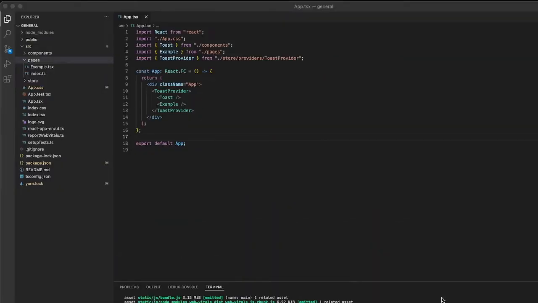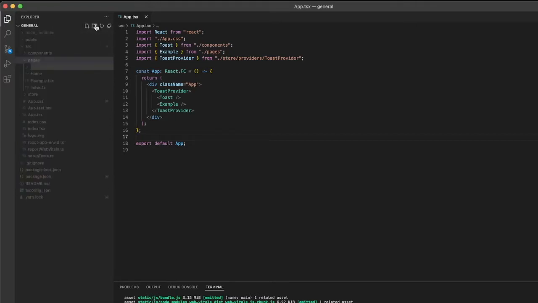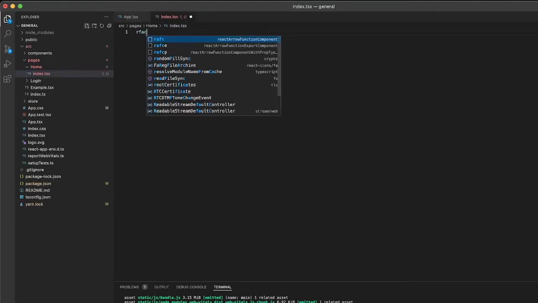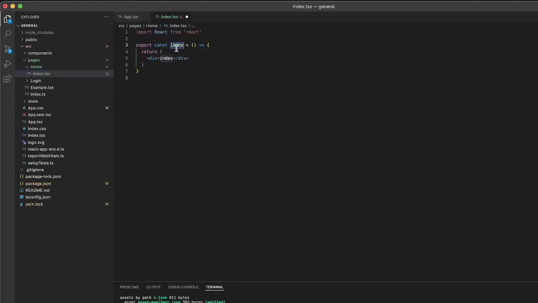So first things first, since we are going to be creating private and protected routes, let's first go ahead and create two sample pages. I will be calling one home, and the other I will be calling login page. So the login page will be a public page. It will not be protected, but the home page will be a protected page. You will have to be logged in to view this page. So let's just quickly create some sample code just to showcase